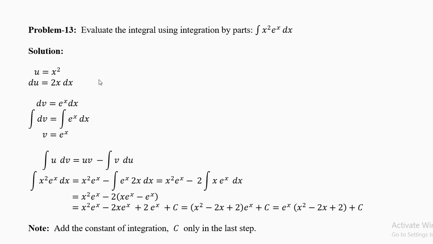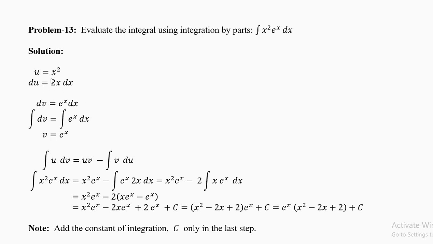Here the power is 2, put u equal to x square. If it is power 3, put u equal to x cube. Except in the logarithm, you have to do it a different procedure, and we have finished the logarithms in the previous examples in this video. So put u equal to x square and put dv equal to e power x dx.